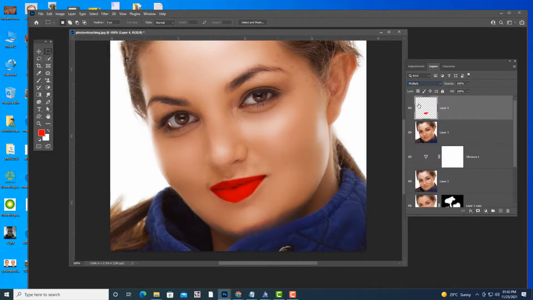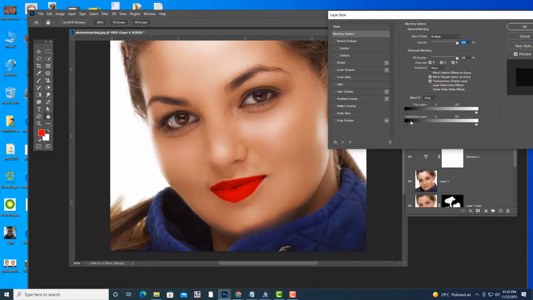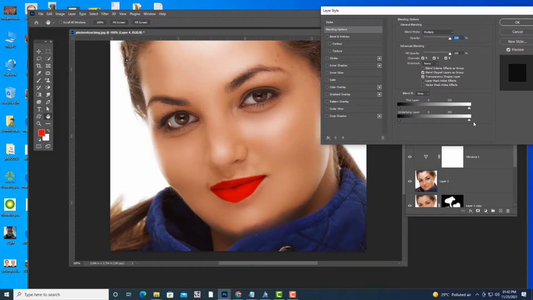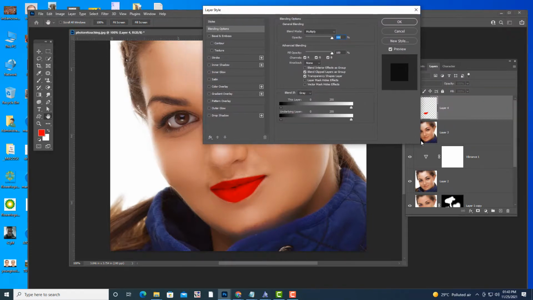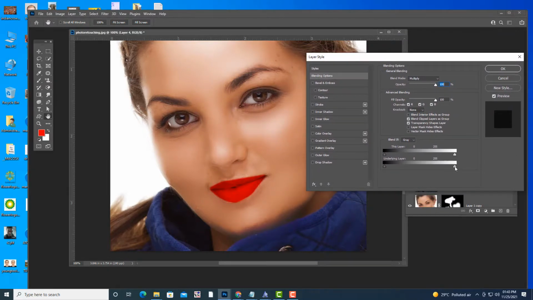Then we will use Multiply. We have used Multiply, but still it's not looking natural. So what I am going to do is double click on this, and I told you in the vanishing point example, this option. We'll use the underlying layer. Underlying layer means this bottom layer. This bottom layer's bright areas will affect the top layer. See here, if I try to move it like this, you are bringing back the bright area.